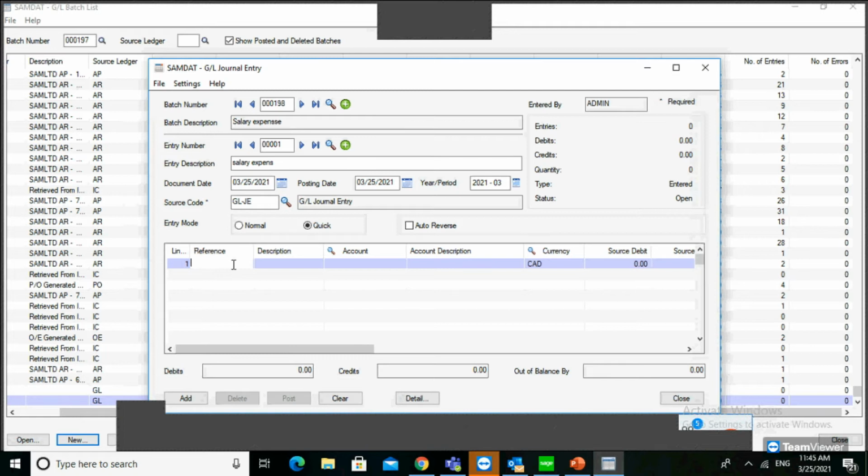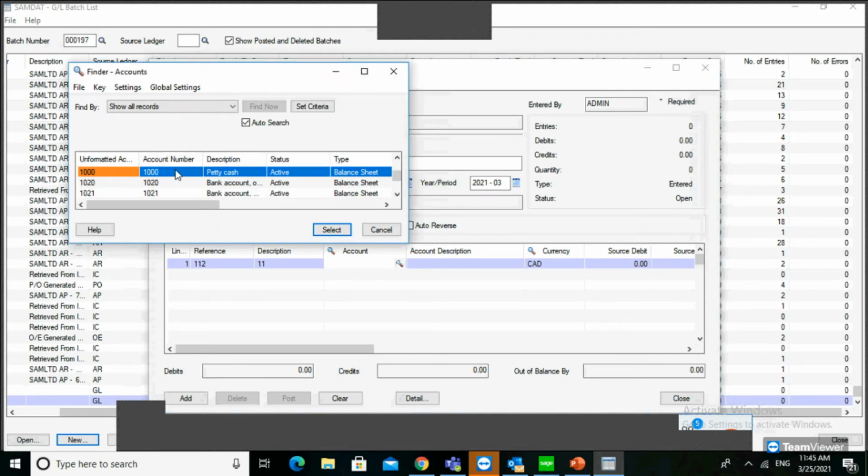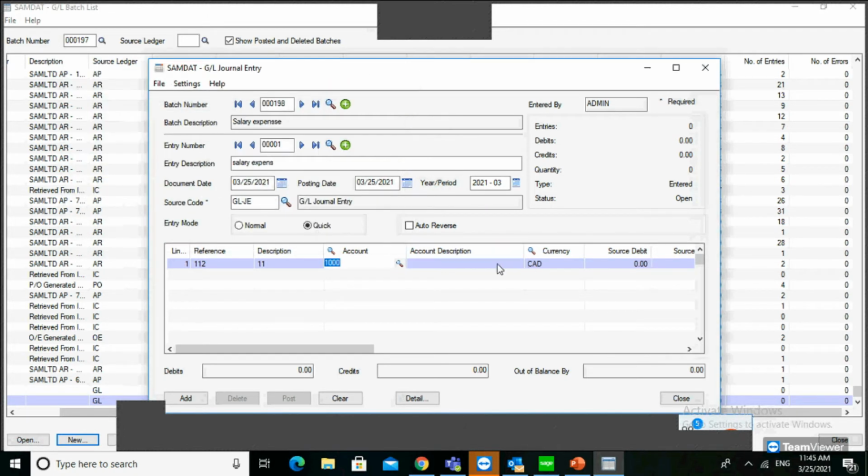Insert here, type a difference and a description, and put the account here. Selecting the account, then I am putting the source debit. What is the value of the data entry?